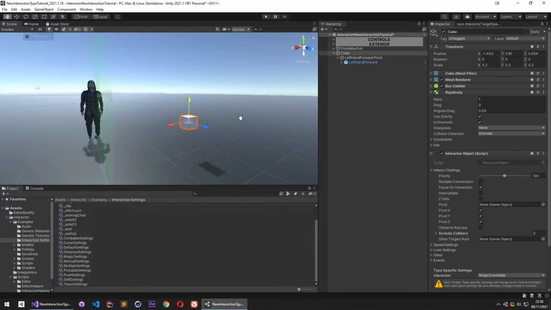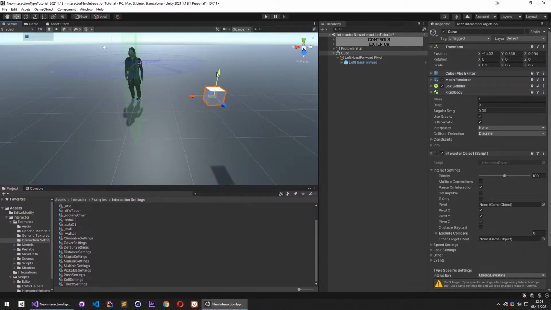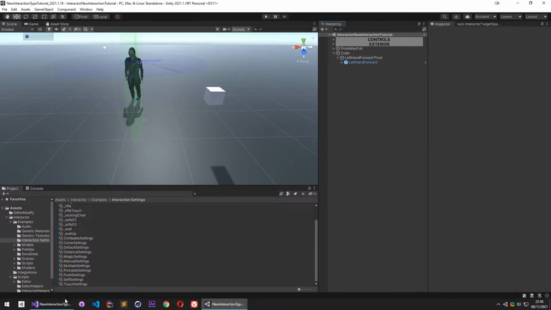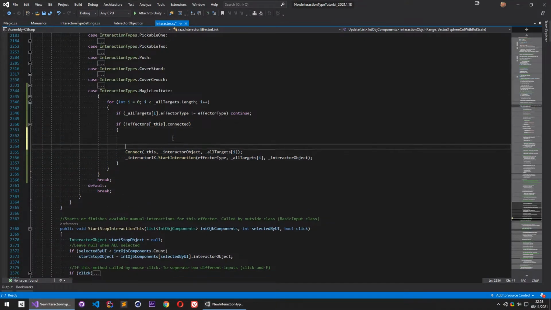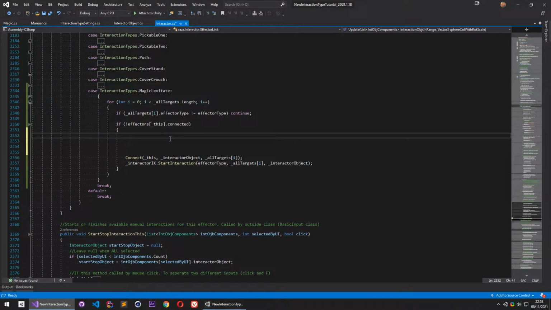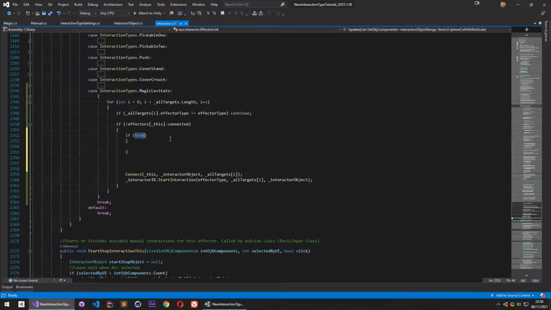I don't want it to fall yet. Okay, so another check would be, before starting to connect to this object, we need to check if this object is in a good position for this effector. So to do that, if